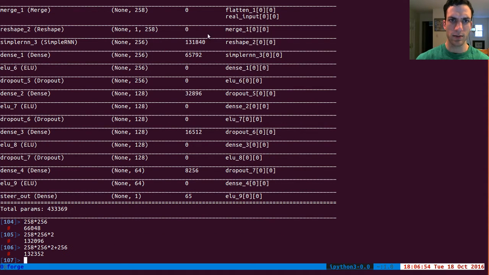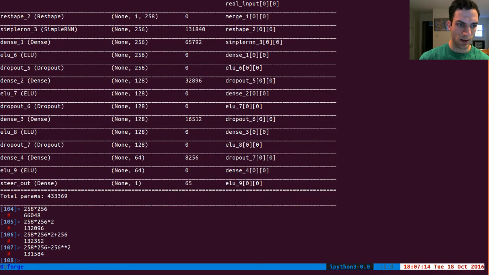Plus 2 bias terms? Oh, not plus a full bias term. It's not quite 2 full things. Why is that? Oh, I see, because I'm just getting 256 from the previous iteration. So it's 258 times 256 plus 256 squared. 131584 plus 256,